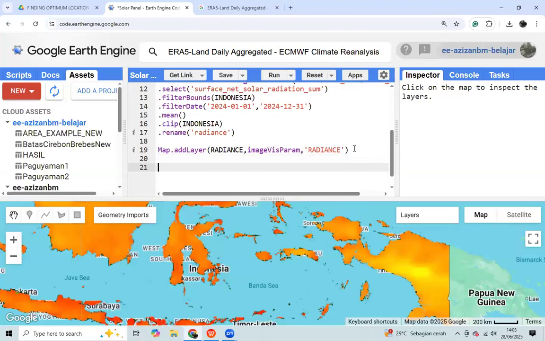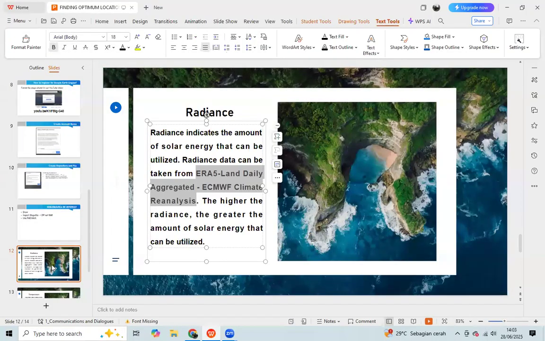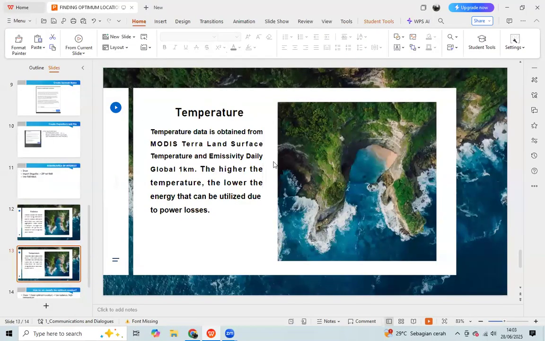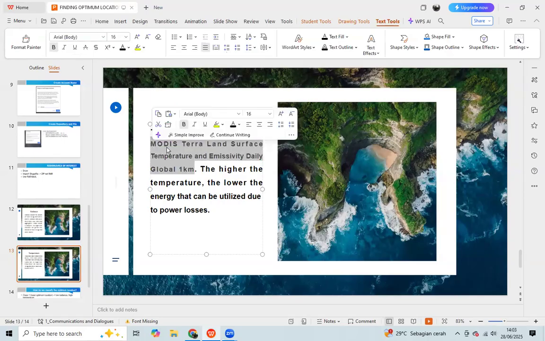After we already have the radiance data, the next data that we should use is the temperature data. We use the MODIS Terra land surface temperature and emissivity daily with a resolution of 1 kilometer. We can copy it.